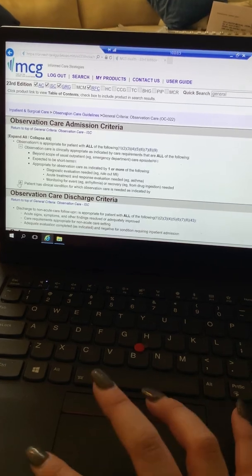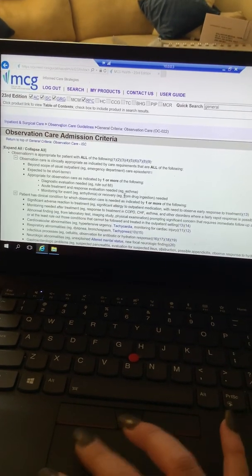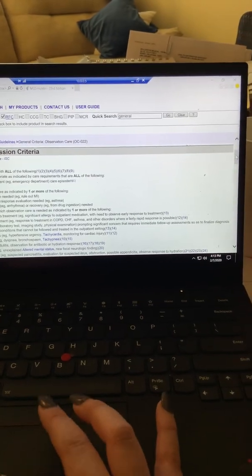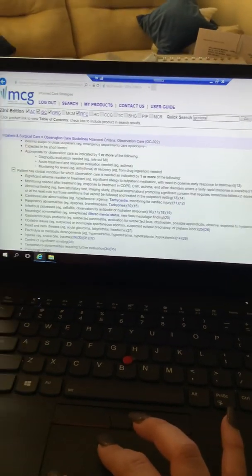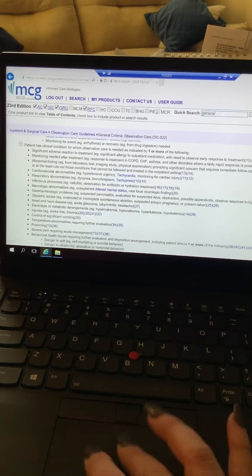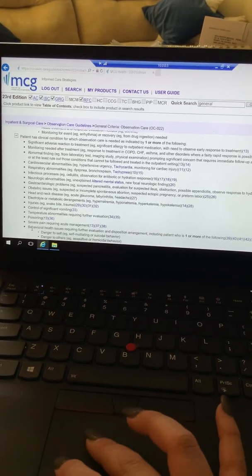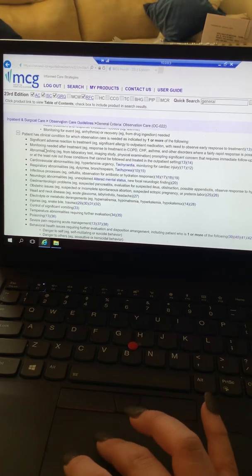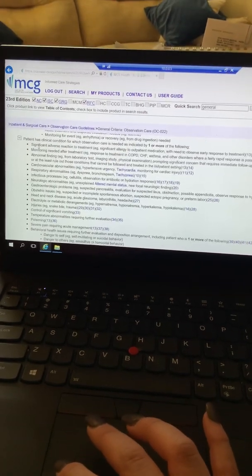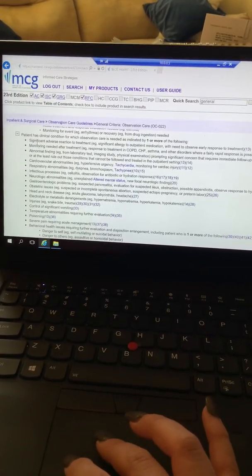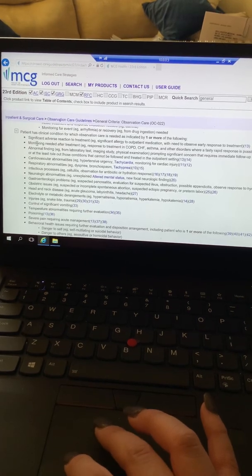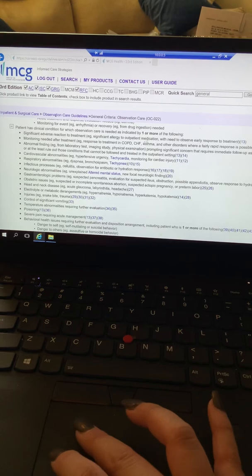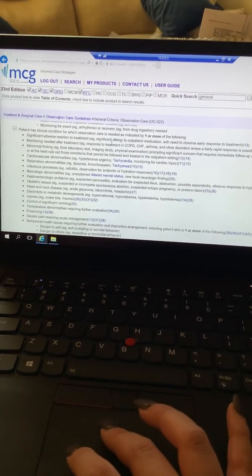And then the second plus sign is where all of the body systems are. Sorry, I can't see and do this at the same time. They would have to have one of these conditions as well, and you can find anything in here that relates to a person's stay. So either a significant reaction to treatment or monitoring after treatment, and it gives you examples. This isn't the only things it applies to, but it gives you examples of what that would be for,